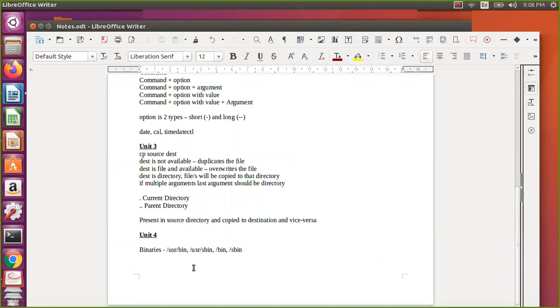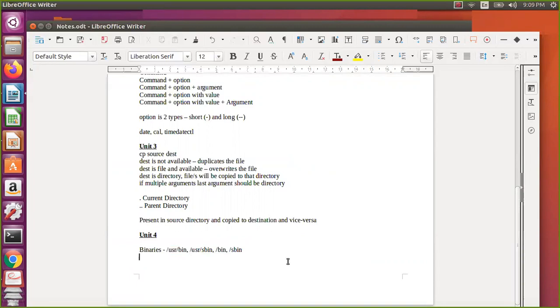So sbin is system binaries. There will not be any duplicates, so a binary will be one only. There may be certain links from one binary to other binaries, and they are classified into different directories for user convenience and also system convenience.